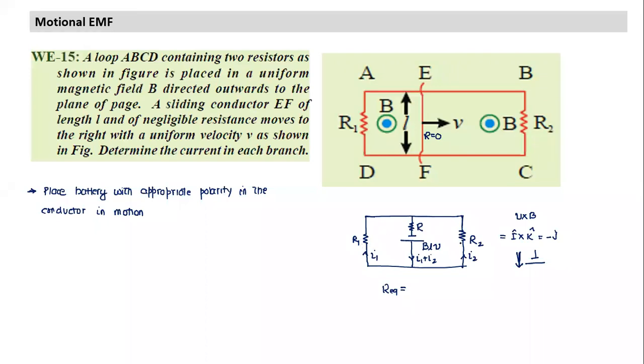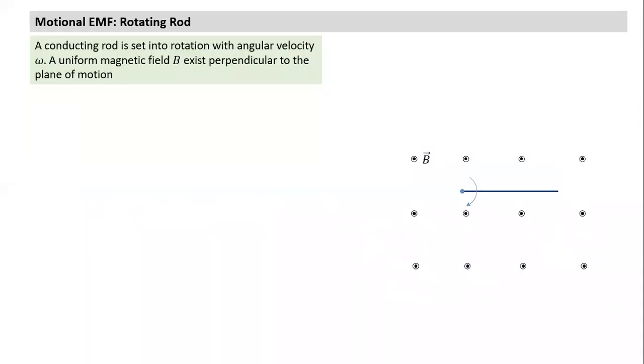First, I would have taken these two in parallel, since they are connected across equal potential. So the total resistance in the loop would have become R plus R1 R2 by R1 plus R2. And then I can calculate. So the current through the battery I will be equal to EMF by R equivalent. I can solve it. That becomes a current electricity question.